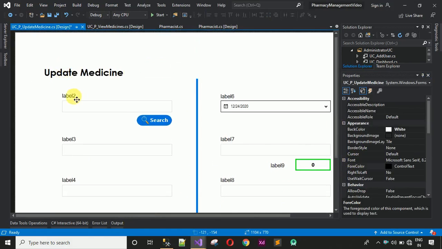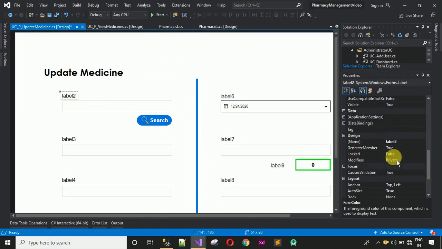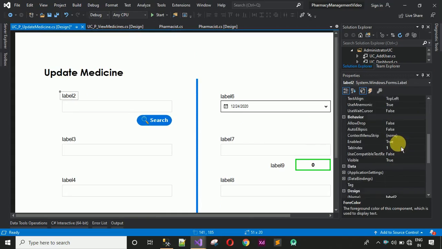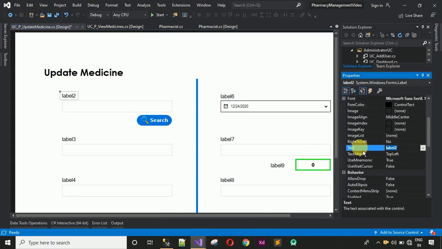Next thing what we have to do is we have to change the name as well accordingly. So this label name is nothing but the medicine ID. So I'm going to change this one, medicine ID, this one to medicine name, this one to medicine number,